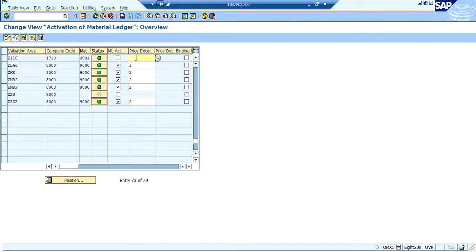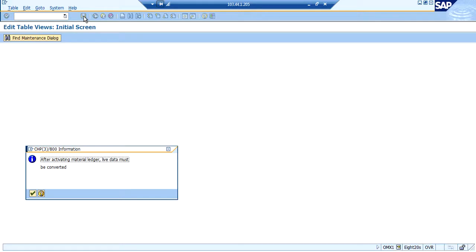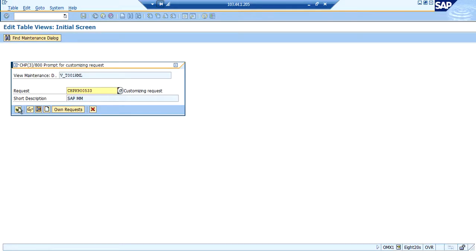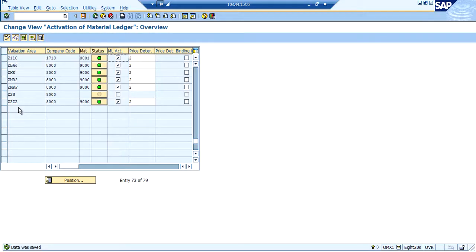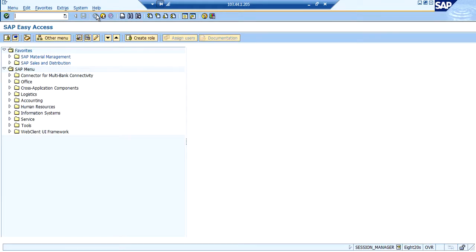So one has to activate it by giving price determination as transaction based and save. This is a mandatory step. Otherwise the system does not allow creating any material documents and their relevant FI documents.